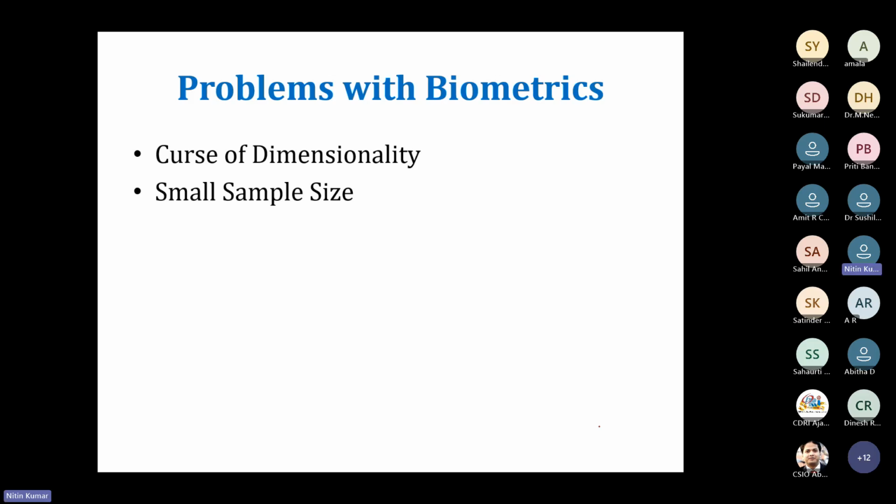Okay, now the problem with biometrics is what? If I give you an example, say you try to capture the image of your face. It will be approximately 500 by 500 pixels. I'm just taking a tentative figure. So how many pixels are there in the image? 500 by 500, how much? Around 2 lakh, around 2,50,000. So if that much data is there for one sample, and we have thousands of samples in the data,